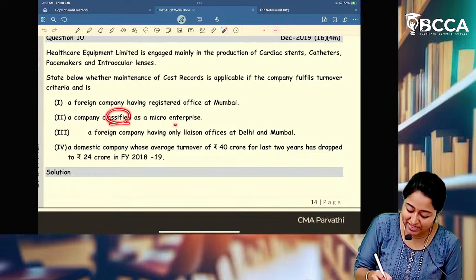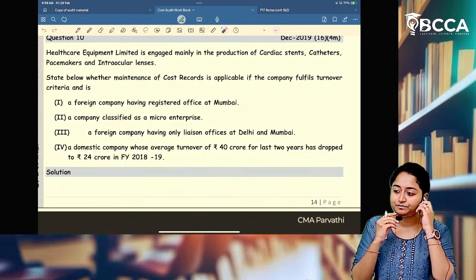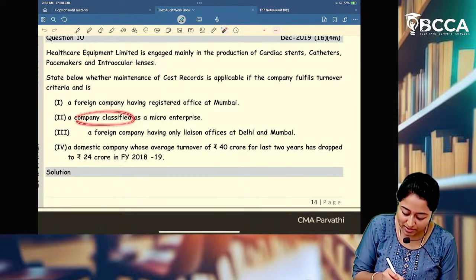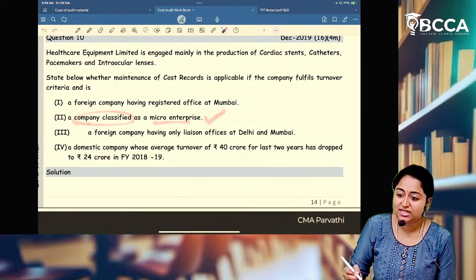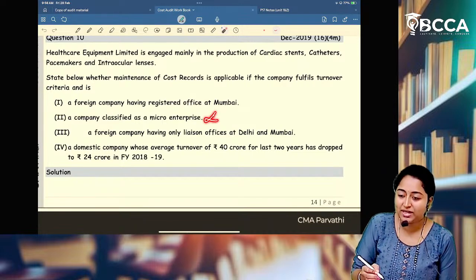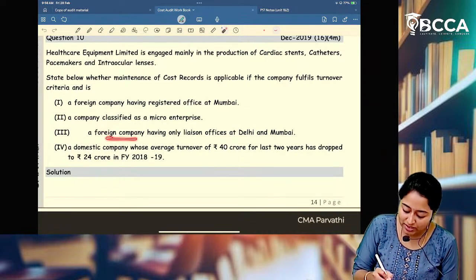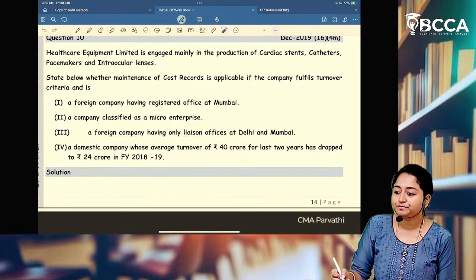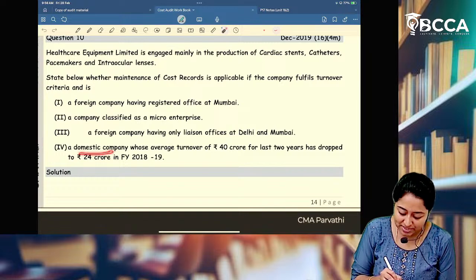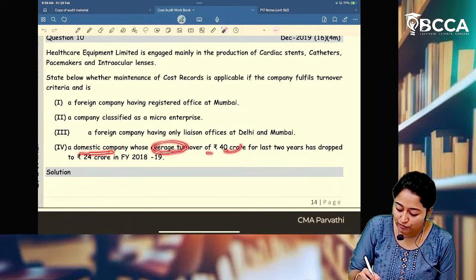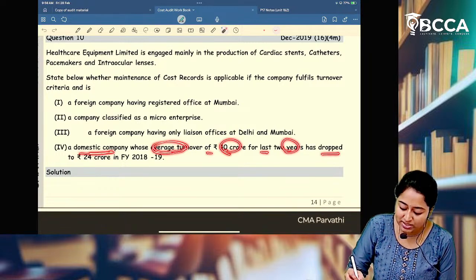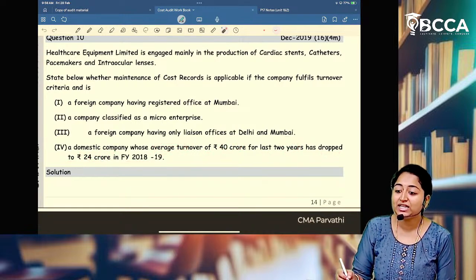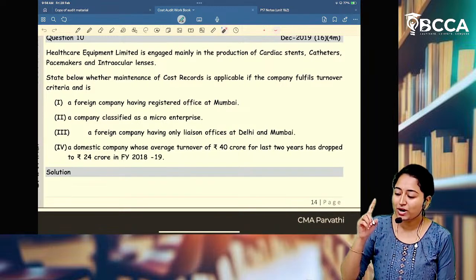Now, a company classified as a micro enterprise, do they have to maintain cost records? A company classified as a micro enterprise is given as an exception, so they need not maintain cost records. A foreign company having only a liaison office at Delhi and Mumbai, no. A domestic company whose average turnover of 40 crores for the last 2 years has dropped to 24 crores in the financial year 2018-19. Yes, if once it is applicable